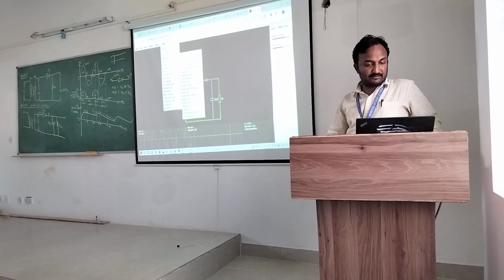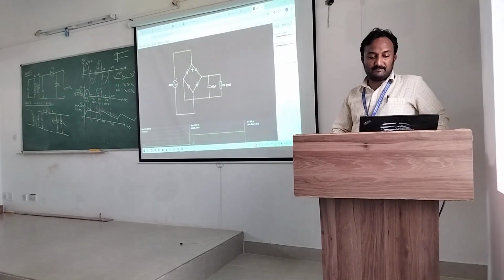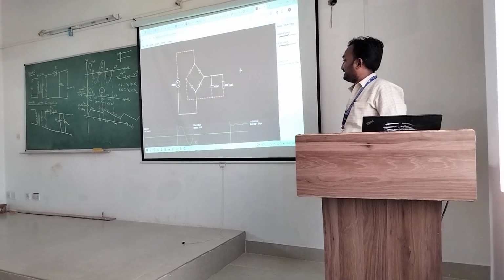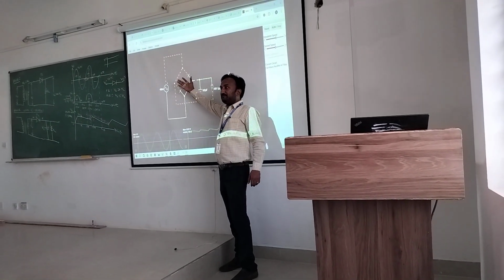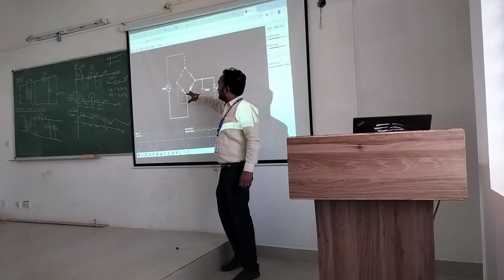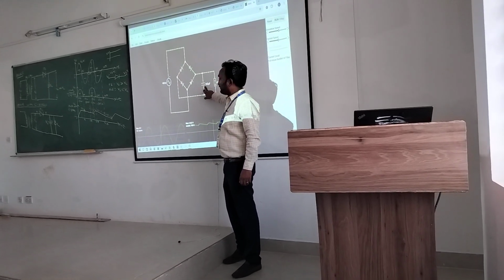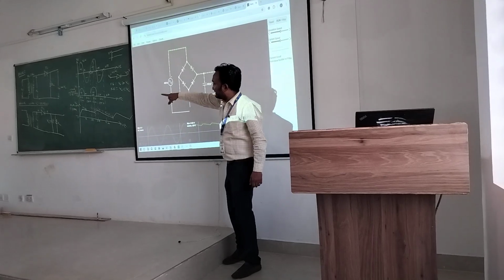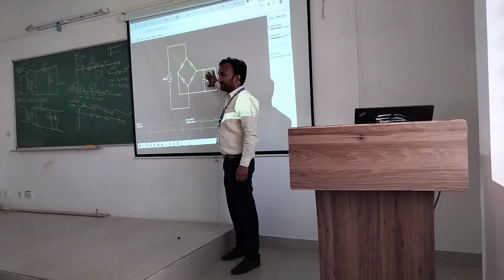So we have already built a circuit here. We'll show that. So this is a full wave rectifier circuit with filter. Okay. So this is a bridge rectifier which is already inbuilt in this simulator. You can see this is your load resistor. This is your what? Capacitor. In the same way, in parallel to load resistor, we have placed a capacitor.